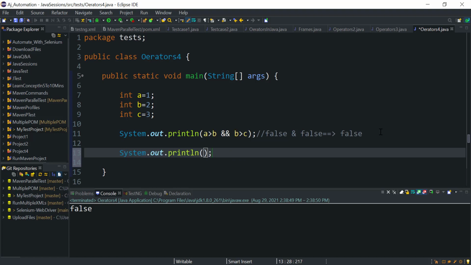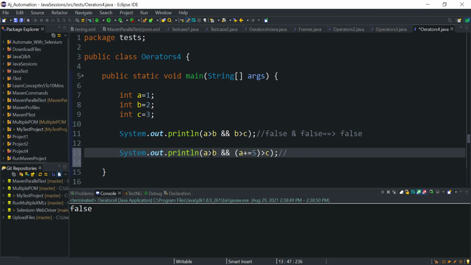So what we will do, we will take the same example. Let's say a is greater than b. This we will get as false. We will apply the logical AND here, and the second expression I'm going to write like this: a plus equal to 5. I hope you have watched my previous session videos on the operators, so you know the meaning of this a plus equal to 5. And I'm going to compare it with c.